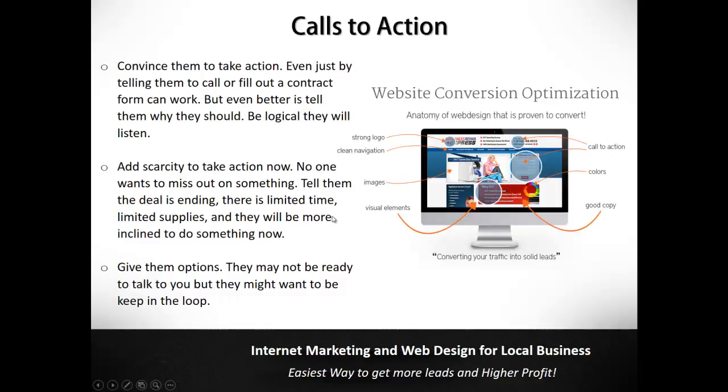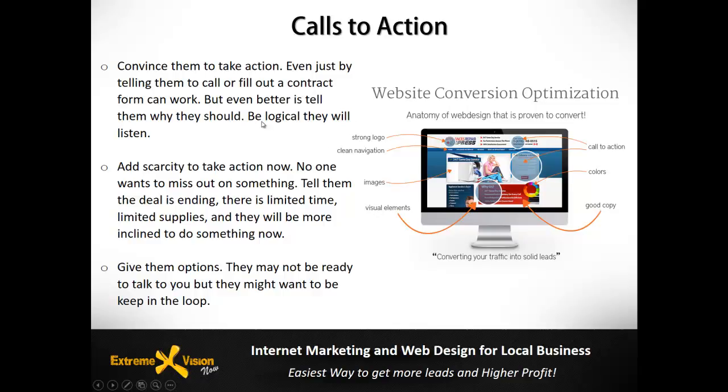So, all right, the next one are calls to action. Now, calls to action are very important, and most people don't understand how this actually works. With a call to action, you're actually trying to convince people to take some sort of action. Now, there are many different actions that they can take. Maybe they end up calling your phone number. Maybe they end up filling out a lead capture form on your website. Maybe they end up reading some information, clicking on a link. So there are many different calls to action that we can put on the site, and we want to be very specific on what we want them to do.